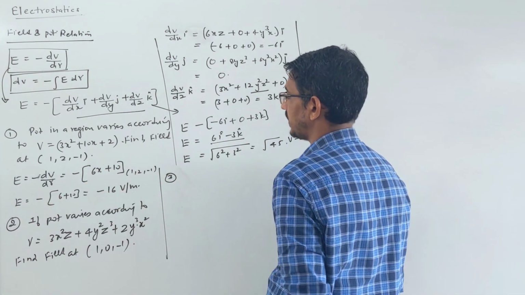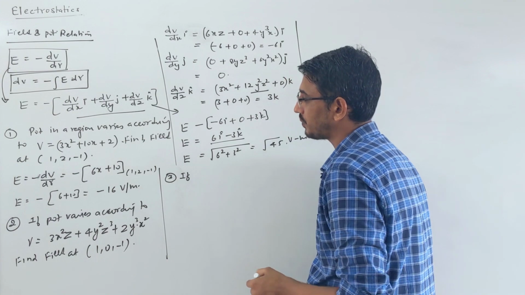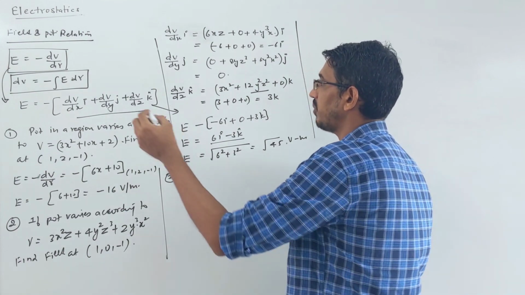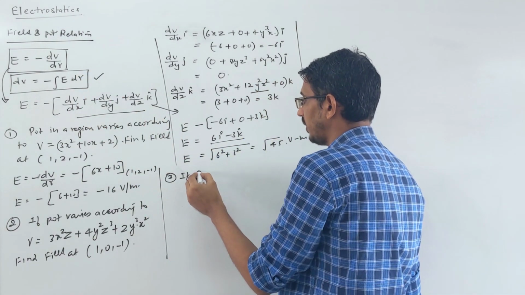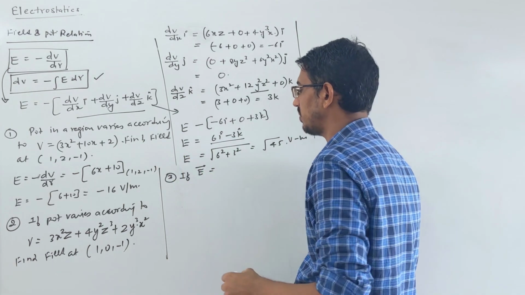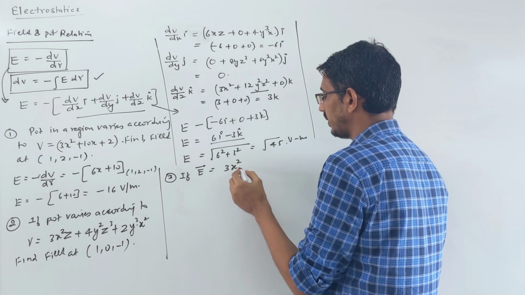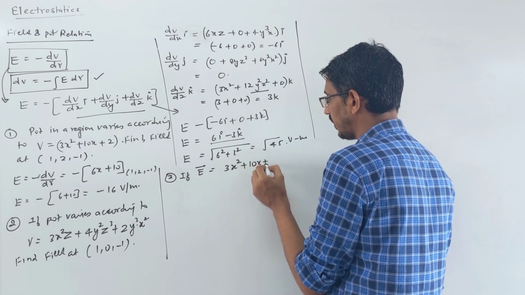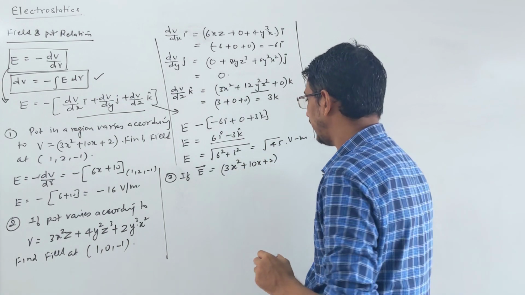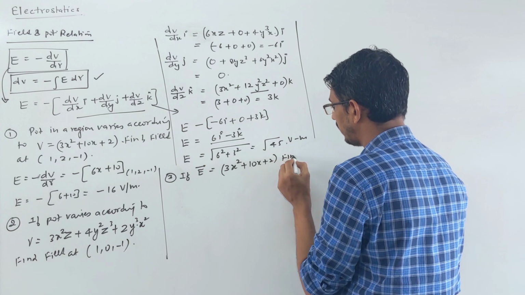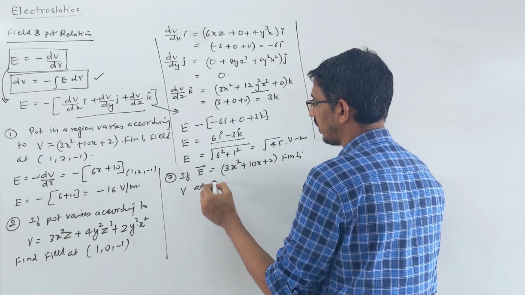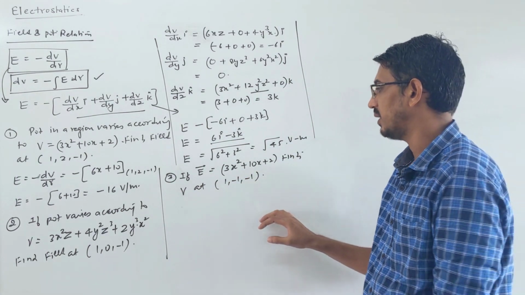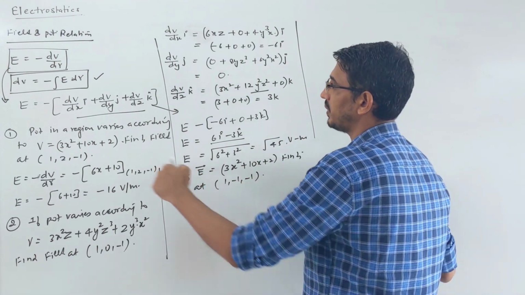So one question I am doing opposite of this. Field is given to you, and you have to find potential. You have to do it this way, okay. If E, directly I am writing as a shortcut, that E in some region is given by 3x square plus 10x plus 2. This is given to you, and I am saying find the potential at some coordinate, 1, -1, -1. Some coordinates are given to you, and I am asking to find the potential at this coordinate.